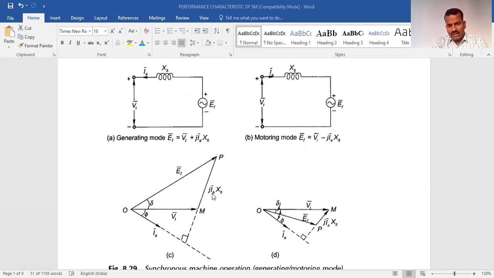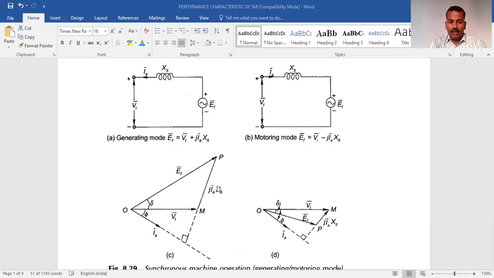If IA is this one, then JIXS, simply IXS, is the voltage across the reactance, and when the J notation is multiplied to any constant, this vector rotates by 90 degrees in leading mode, in the anti-clockwise direction, right? You can see this is the direction of IA, and JIXS will rotate 90 degrees anti-clockwise, and it will be perpendicular